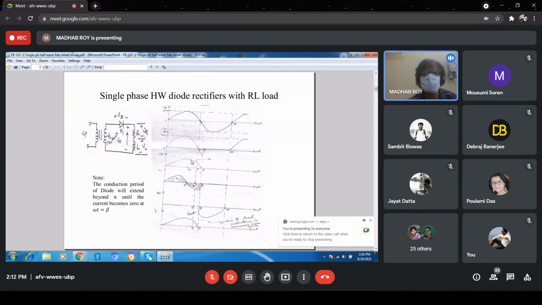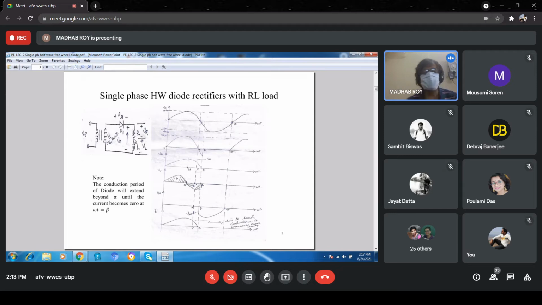When the current is increasing up to this point, the voltage polarity of the inductance will be plus minus like this. This will be the plus, this will be the minus. But beyond this peak of the current, the current will be changing. The rate of change of the current is now negative in this position. So here the inductance voltage polarity will be reversed.